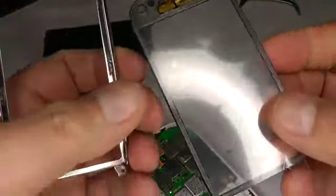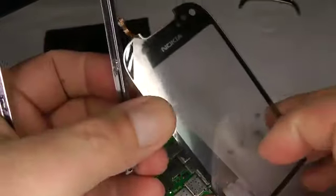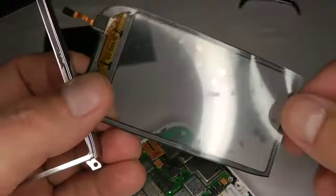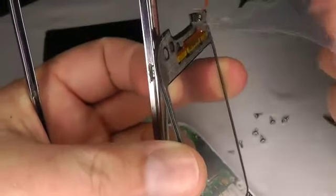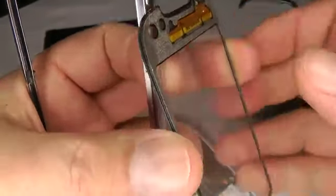Now the new one has got plastic on both sides. The one on the front you can leave on until you've finished putting it back together, but unfortunately this one has to come off because it exposes the double-sided sticky tape. So we take that off and just make sure that little chip's not stuck on there,